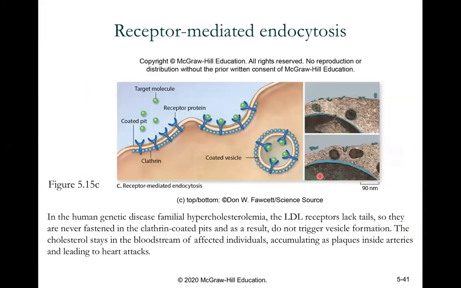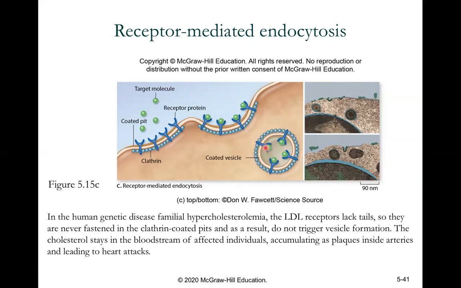We also have receptor-mediated endocytosis, where the target molecules are on the outside, and they need the receptor protein that is found on the cell membrane. These then connect to the clathrin as well, and as they move, they create a nicely coated vesicle for the cell to have. So the human genetic disease familial